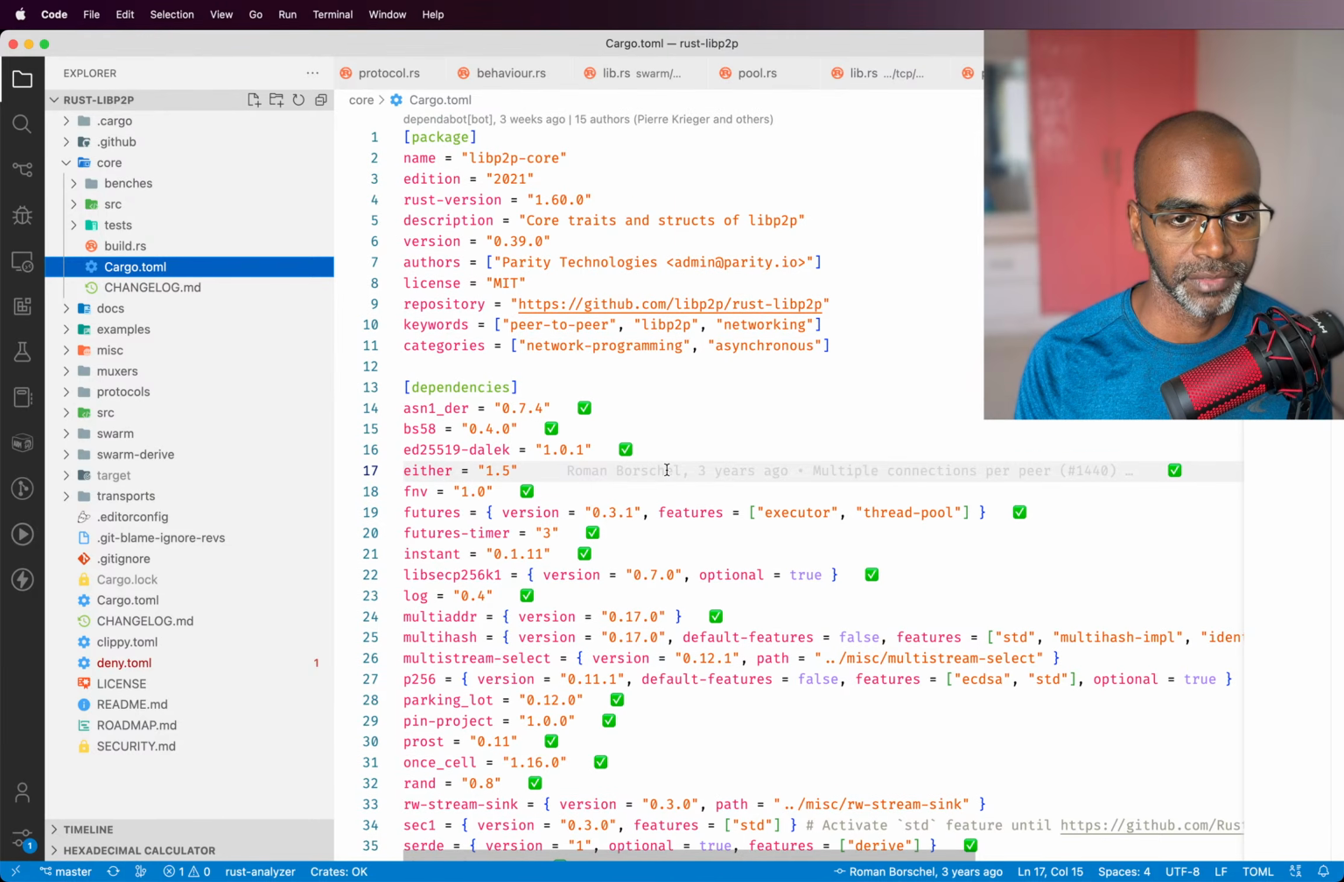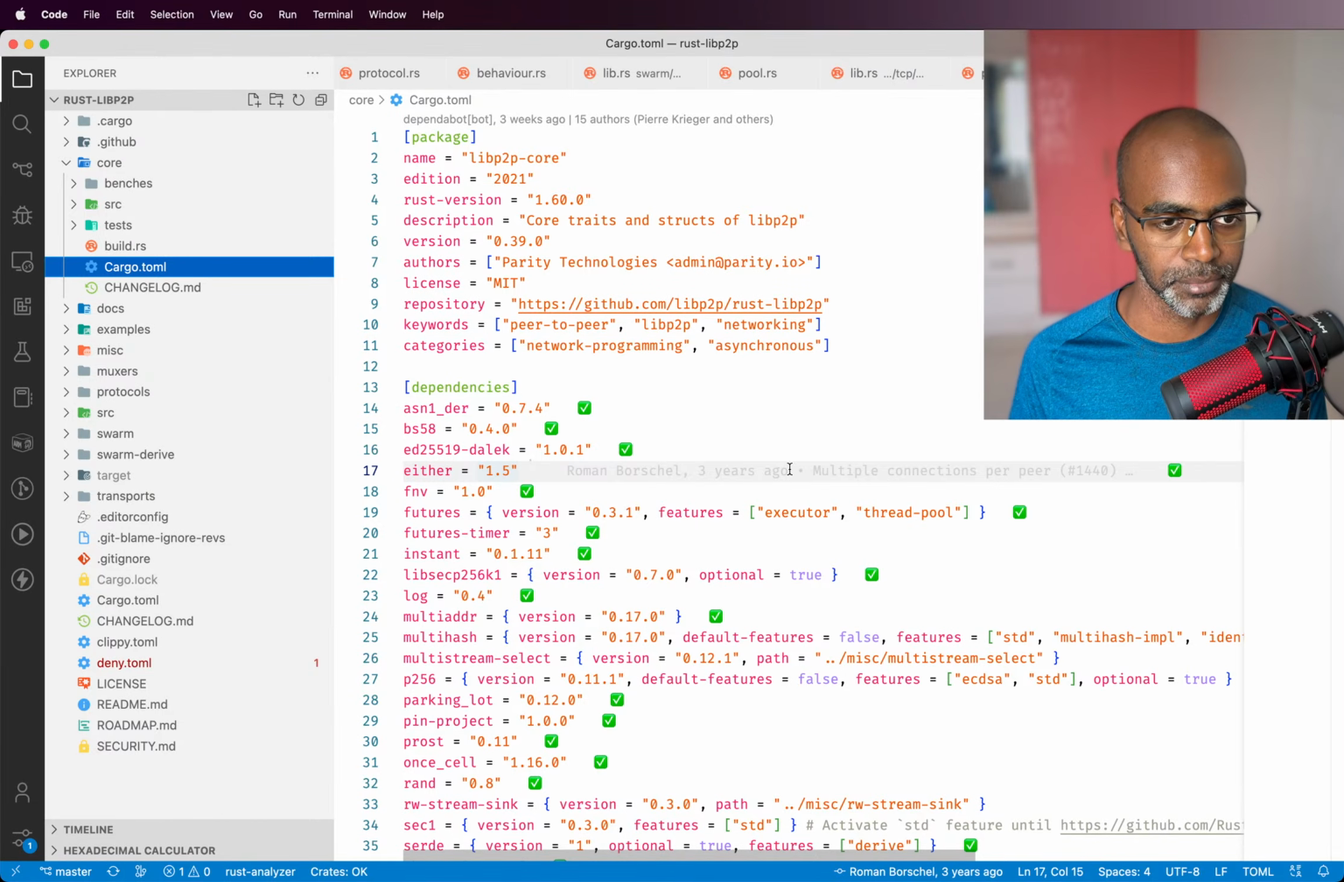All right, so what do we have here? We have core traits and structs for libp2p, which basically means all the different types and traits that are required for libp2p are present here. Oh, by the way, the author is Parity Technologies. I think I know them from the crypto space. Don't know too much, but I think I've heard of that name somewhere. But anyway,